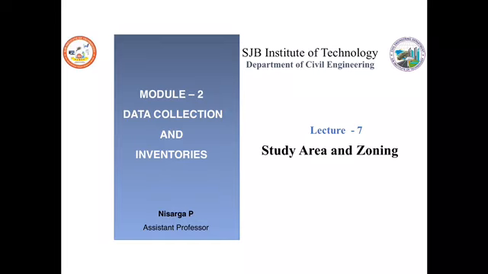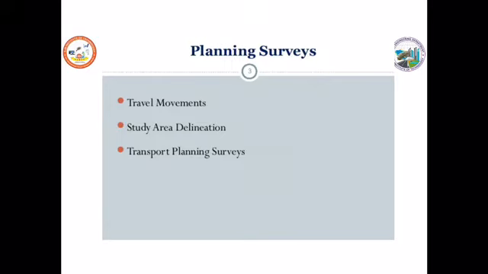Now in this Module 2, we will discuss that for successful transportation planning, or any planning, we should have sufficient data with us. Some of the data essential for transportation planning, and how to collect those data, will be discussed under this module. In this chapter, we will understand the different types